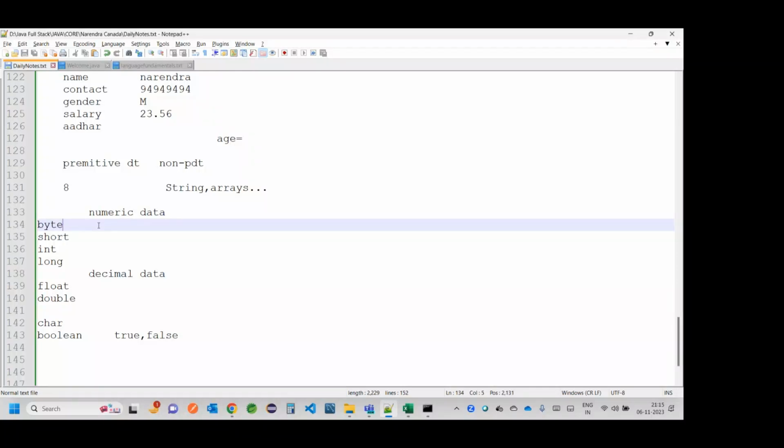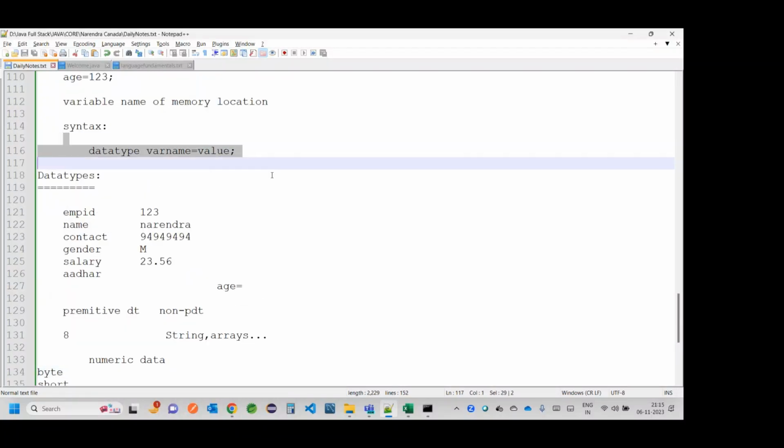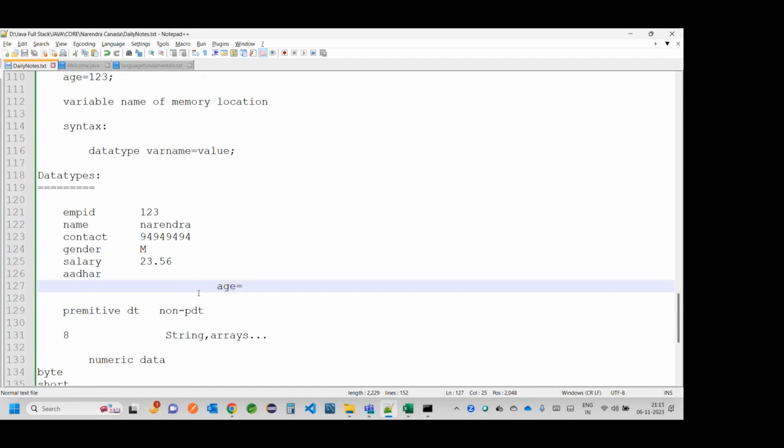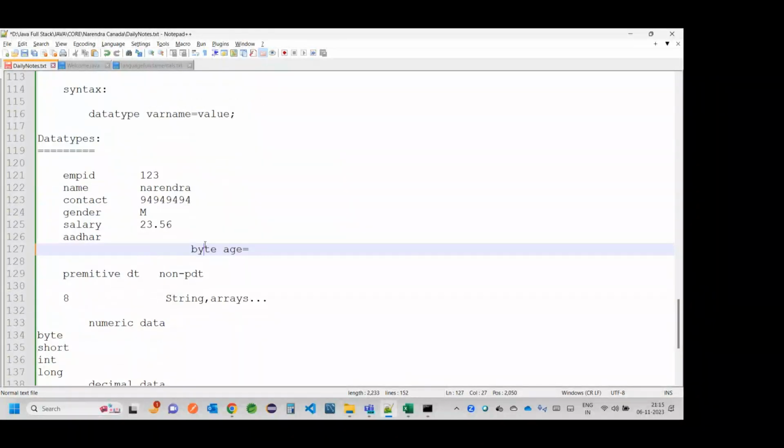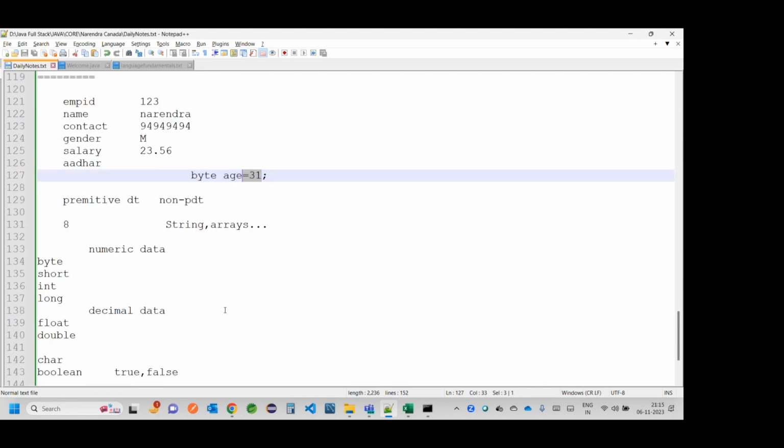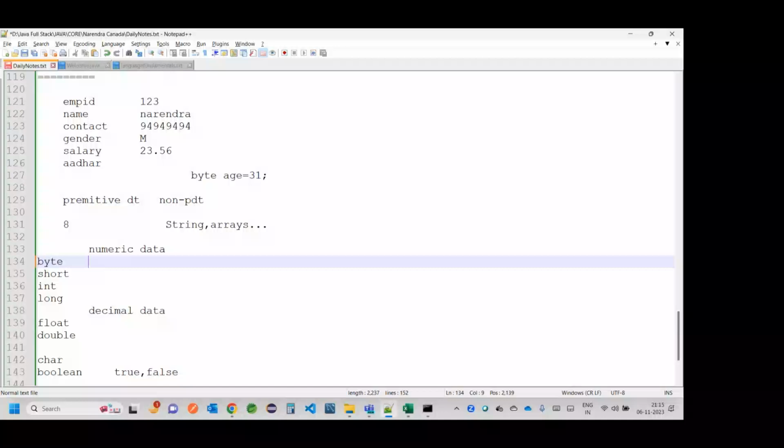If I define one variable, the variable syntax we already know. For example, I want to define the age. If I choose byte, byte age is equal to the value. Any one of these 8 data types, I choose byte, then the variable name age, and the value, for example, 31. This is the way to declare a variable in Java: data type, variable name equals value. But when I declare the byte here, it is going to take internally the memory as